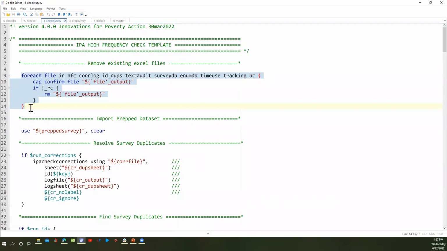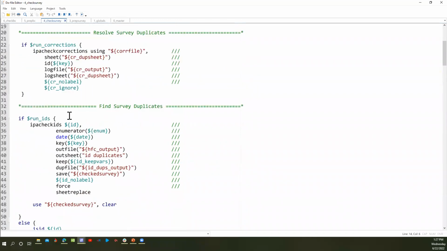And this is important because when you keep editing the exact same file in Stata, when you are exporting to the same Excel file, the size of the file keeps increasing. And that increases the likelihood of it crashing. So this will delete that file before running the checks again.